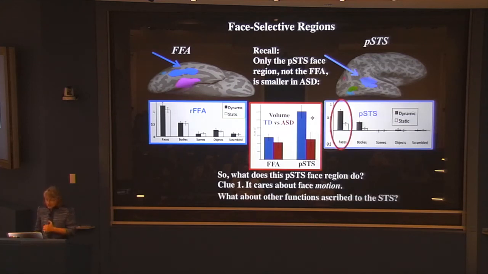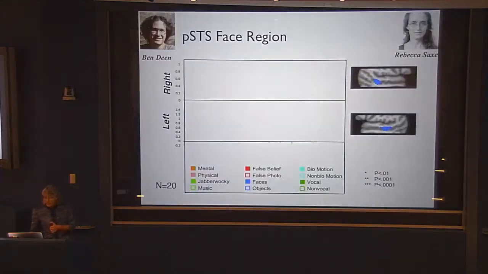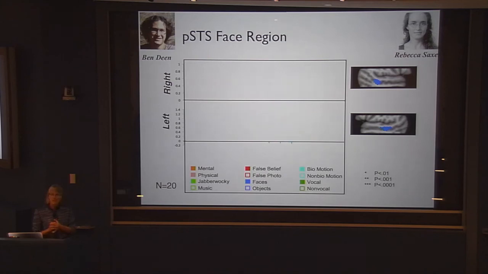Okay, but what about other functions that have been ascribed to this region? Rebecca and Ben and I looked at that face responsive region, and we measured its response to all of these other tasks here. So this is a smorgasbord of all the contrasts that people have used to show activations in the superior temporal sulcus. And first, what you see in that right face region is a higher response to faces than